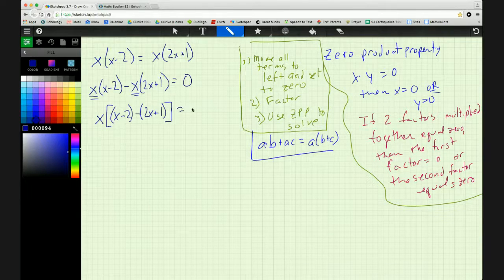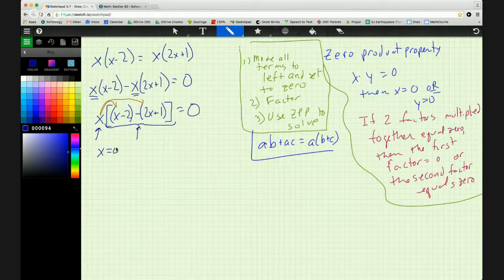And that's just the distributive property, right? If I distribute this back, I'm going to get x times (x minus 2) minus x times (2x plus 1). This is a legitimate operation. And notice what we have: two things multiplied together. We have x times this whole big thing. So our answer says that either